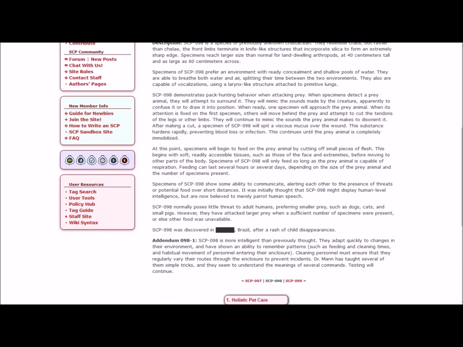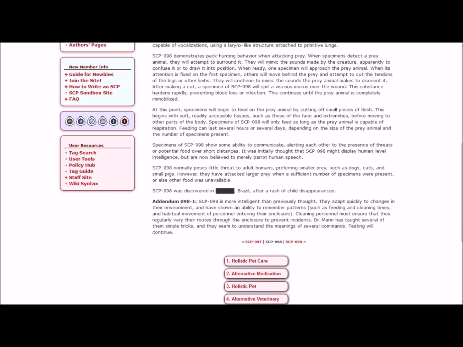After making a cut, a specimen of 98 will spit a viscous mucus over the wound. This substance hardens rapidly, preventing blood loss or infection. This continues until the prey animal is completely immobilized. At this point, specimens will begin to feed on the prey animal by cutting off small pieces of flesh. This begins with soft, readily accessible tissue such as those of the face and extremities, before moving to other parts of the body. Specimens of 98 will only feed so long as the prey animal is capable of respiration. Feeding can last several hours or several days, depending on the size of the prey animal and the number of